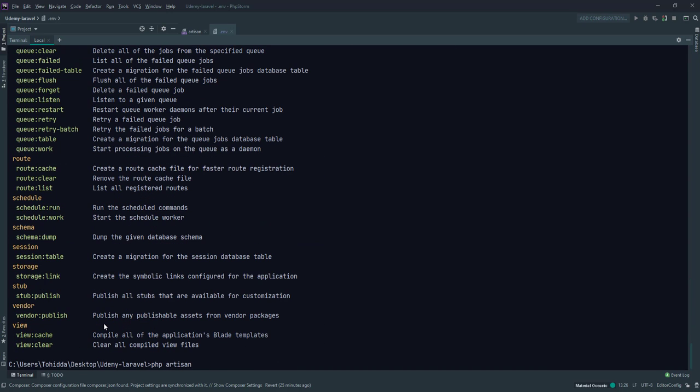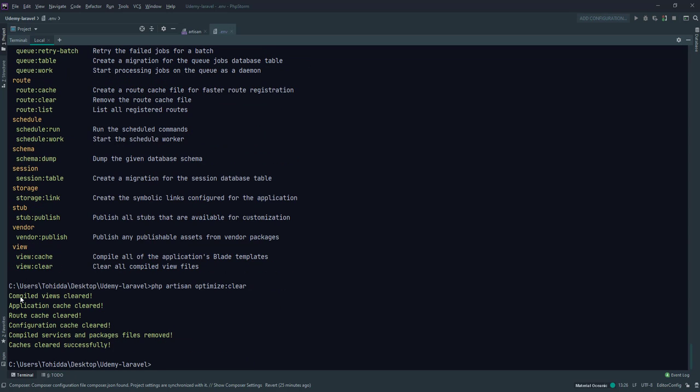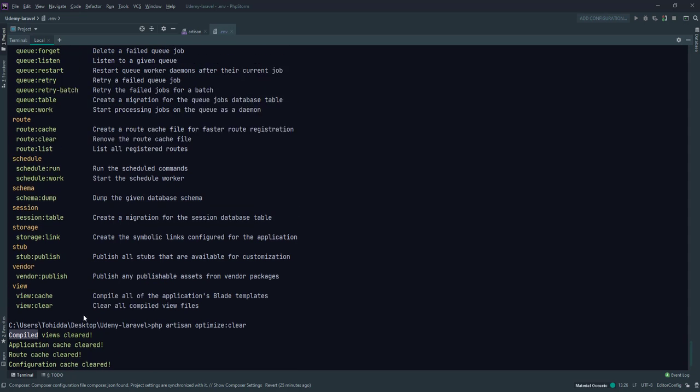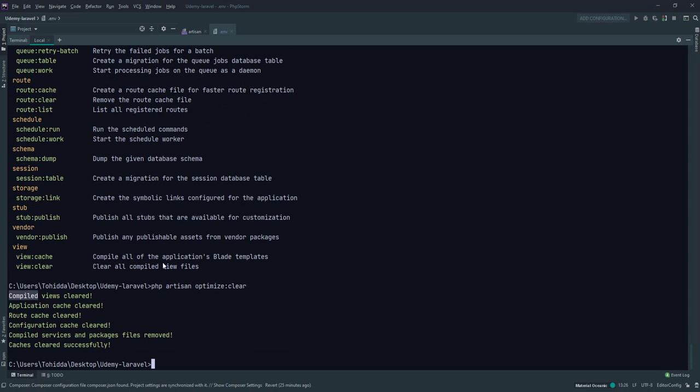For example, php artisan optimize clear: compiled view cleared, application cache cleared, route cache cleared, configuration cache cleared, and compiled services and package files removed. Cache cleared successfully. And we see 1 2 3 4 5 6 commands